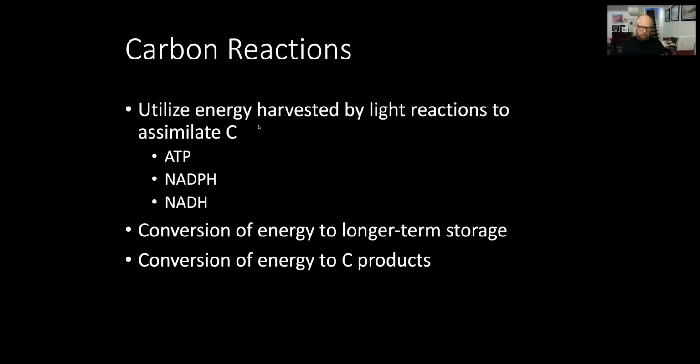And as it incorporates carbon into the tissue, this does a couple things. It provides carbon skeletons that can be used for building bigger tissues. And then it also provides a longer term storage for energy, because it can take these compounds it's going to make through the carbon reactions and then break them back down later or somewhere else in the plant and release the energy that's stored in those chemical bonds. So those are two important ways the products of the carbon reactions are used